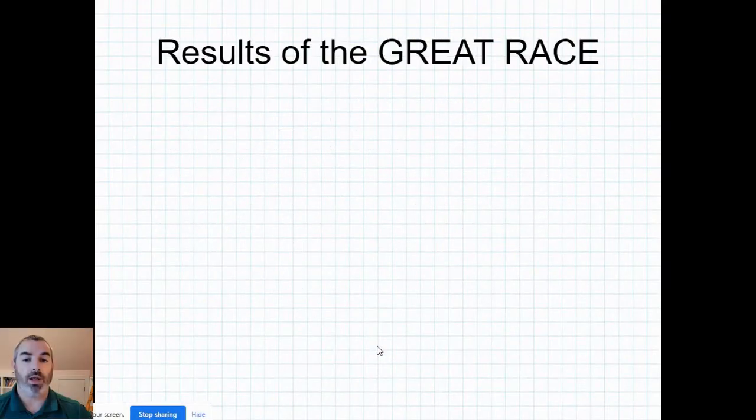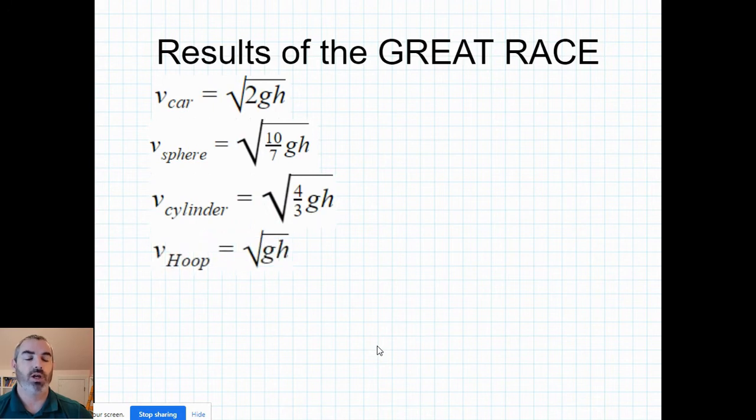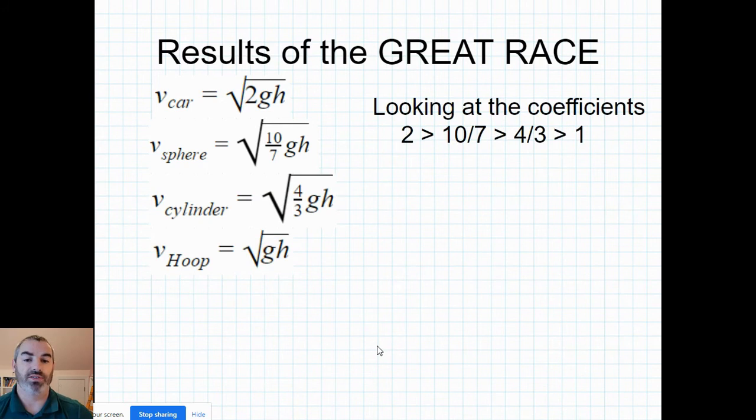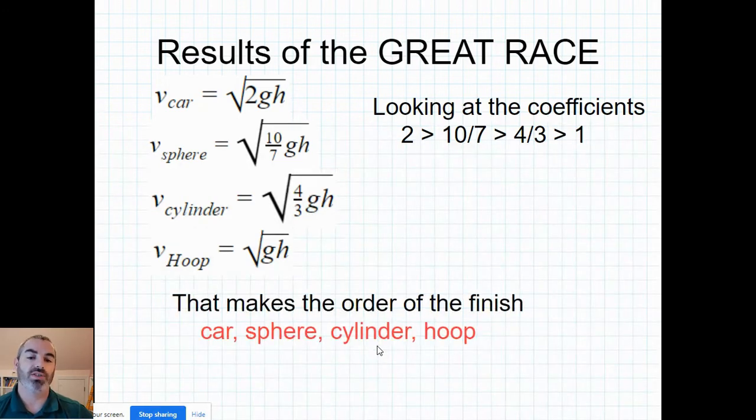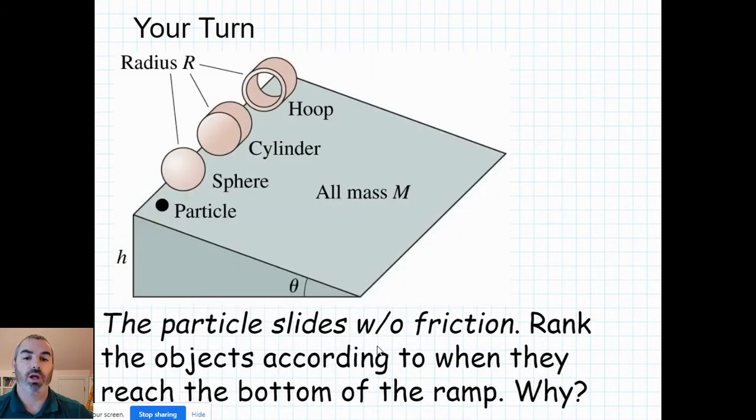So here we are coming back, the results of the Great Race. We got the velocity of the car in a previous slide. The sphere is the square root of 10/7 gh. The cylinder is the square root of 4/3 gh, and we had the hoop before, the square root of gh. Looking at the coefficients, we know that 2 is greater than 10/7, which is greater than 4/3, which is greater than 1. Therefore, the result of the Great Race gives us the car, the sphere, the cylinder, and the hoop, which also happens to be the reverse order of the rotational inertia. This explains that the larger the rotational inertia, the smaller the value of the translational motion,